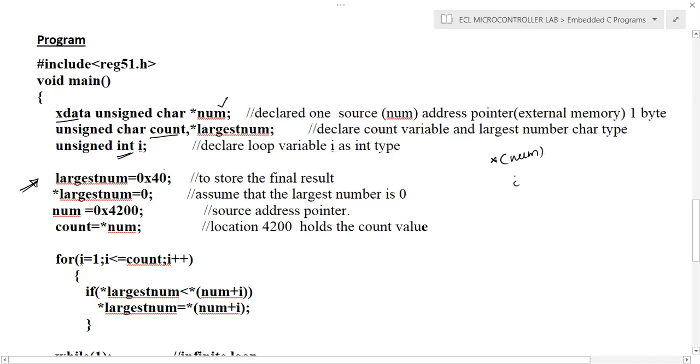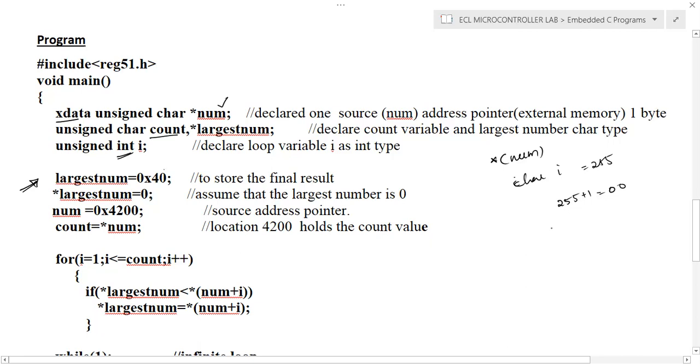This I is declared as int, because we already discussed this in the array program. If you declare I as a character, the maximum value you can store is 255. In the loop, if it increments beyond that, 255 plus 1, and I is declared as a character, it is loaded again with 00. So it becomes an infinite loop.